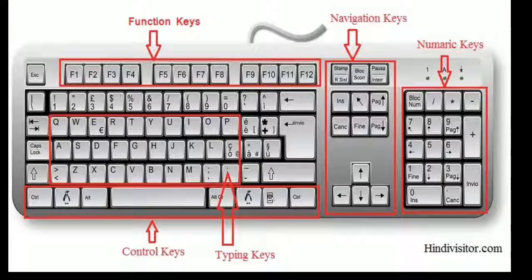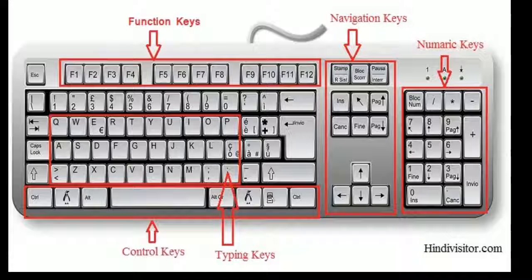Then the sixth one is cursor keys, that means arrow keys. Then the seventh one is function keys. Function keys, see the top of the keyboard: F1, F2, F3, F4, F5, F6, F7, F8, F9, F10, F11, F12. These are the function keys for some special commands. Then the eighth one is special keys. Special keys, here see the picture of a keyboard. An enter key is there, shift key is there, alt key is there, delete is there, etc. These are some special keys in the keyboard.